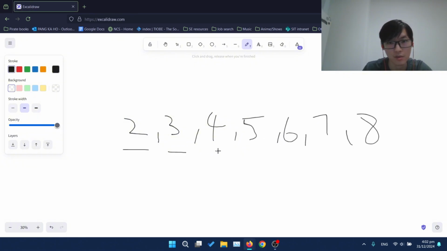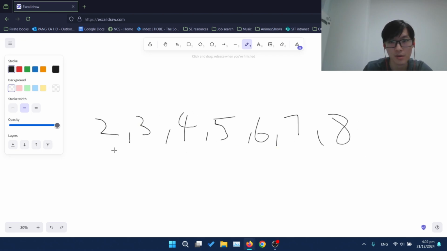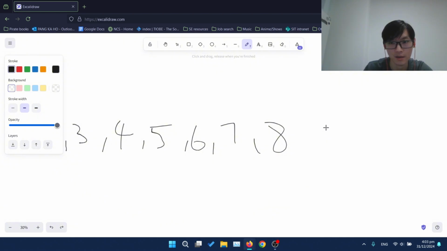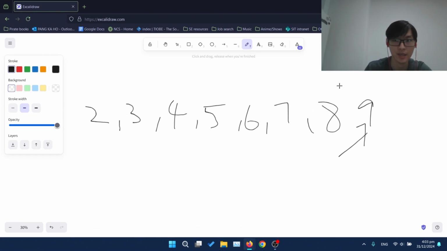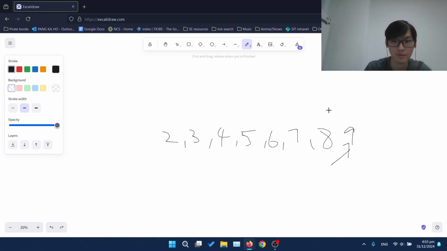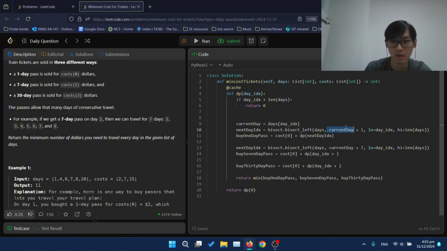So it's 1, 2, 3, 4, 5, 6, 7. Yeah, that means 2 plus 7, we're looking for day 9 in our days array. Okay. Yeah, and it's bisect left, correct?